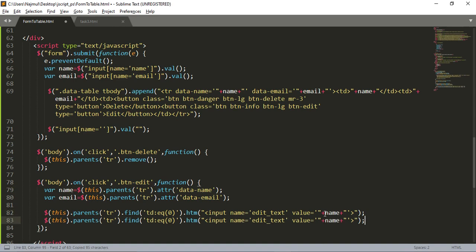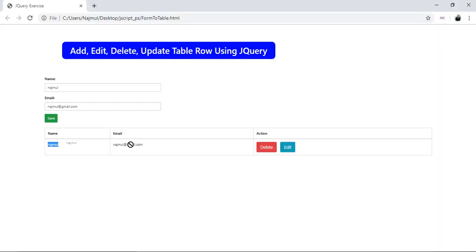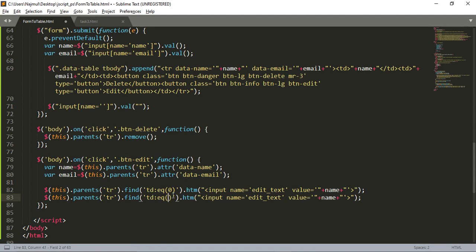So let's copy it and paste it, because we need another one that is called email, and the location of this email is index name is 1, so we modify it to 1 and name it to edit email, and